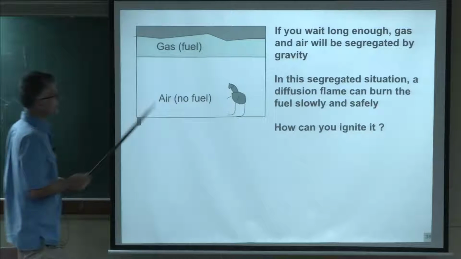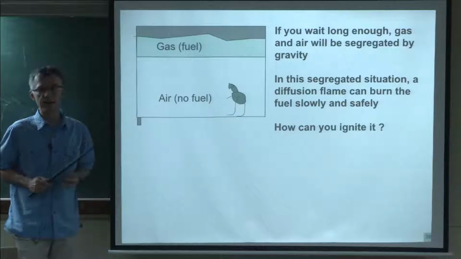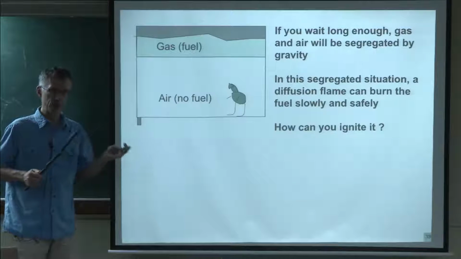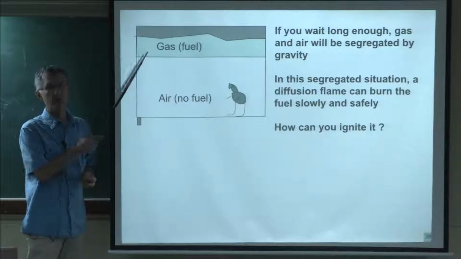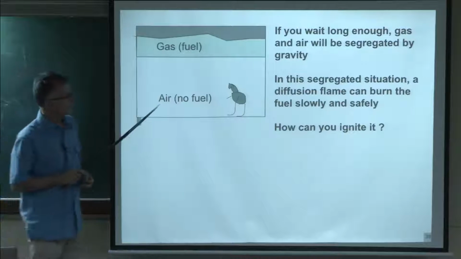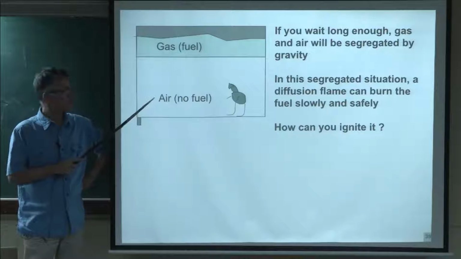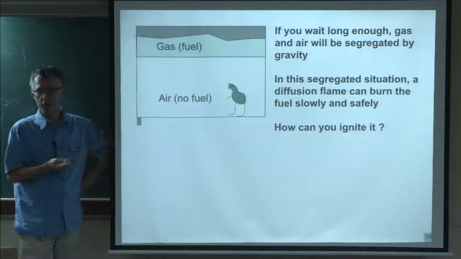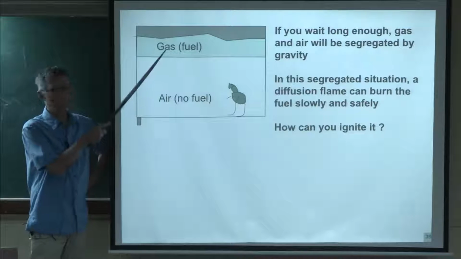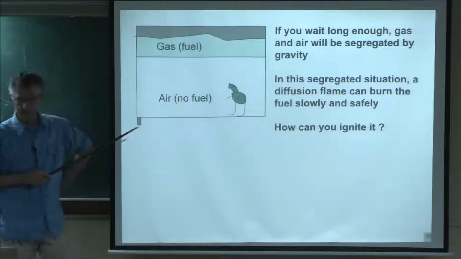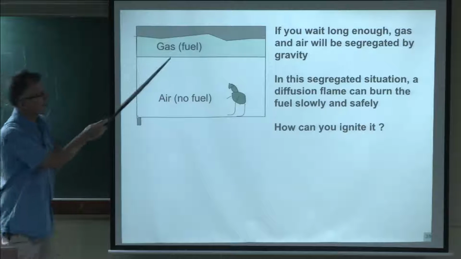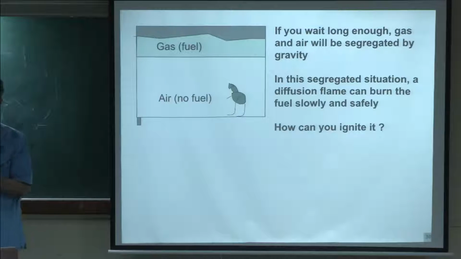The first thing to say is that most of these gases are lighter than air. So if you wait sufficiently long, they will go up in the mine, and they will be near the ceiling. And so if you look at it as a combustion guy, you say, okay, if I wait long enough, what I have is a segregated state, like in a diffusion flame. I have air on one side and fuel on the other side. So you might think that maybe you could burn it here, not as you would burn it in a premixed mode, but as in a diffusion flame. And this is what I'm going to tell you after the break, because it's 10.